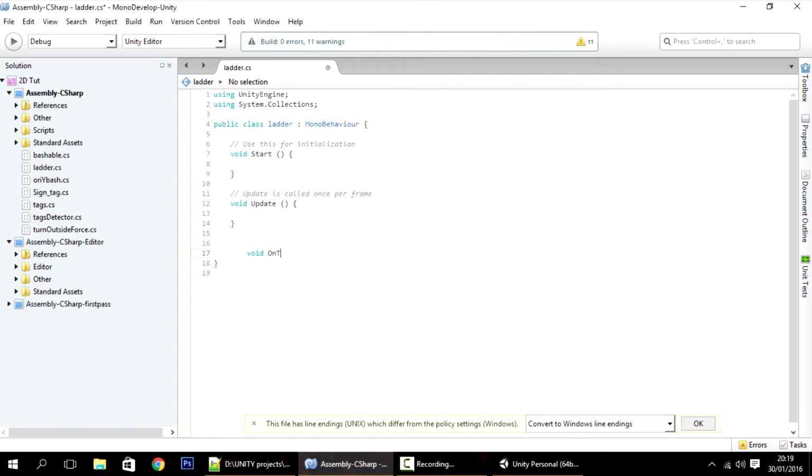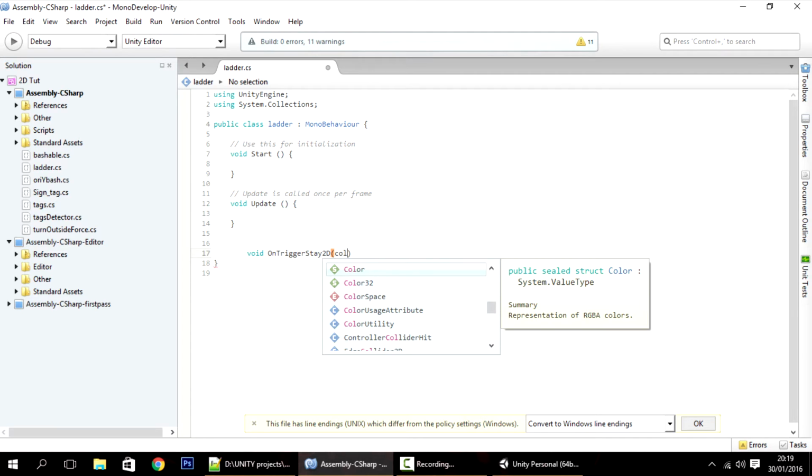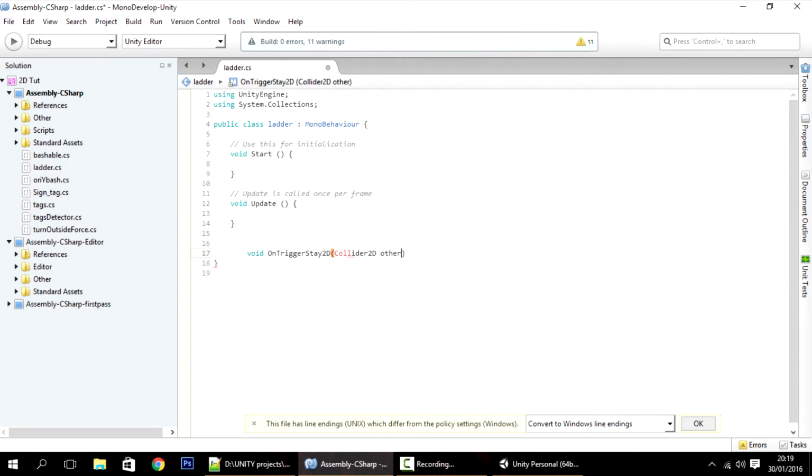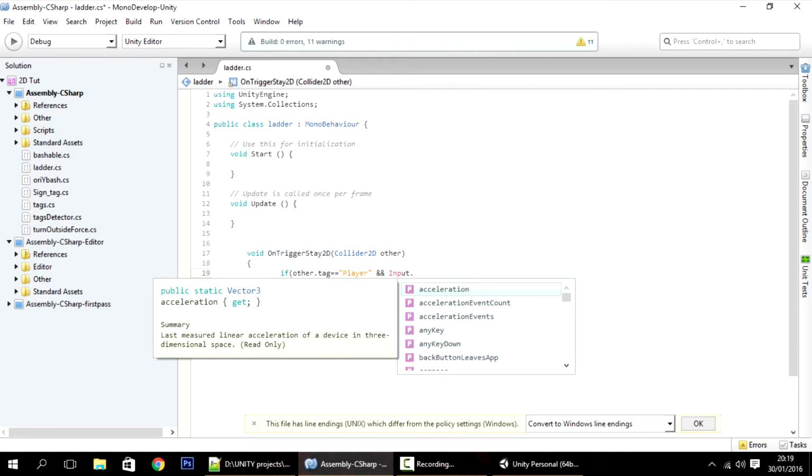So void OnTriggerStay2D. Of course, this is one of the ways to do it, and the one that I found quickest and easiest to do. There may be other ways to do it, like so. We have to check if the other is the player. If other.tag equals player, and we are pressing the key W and